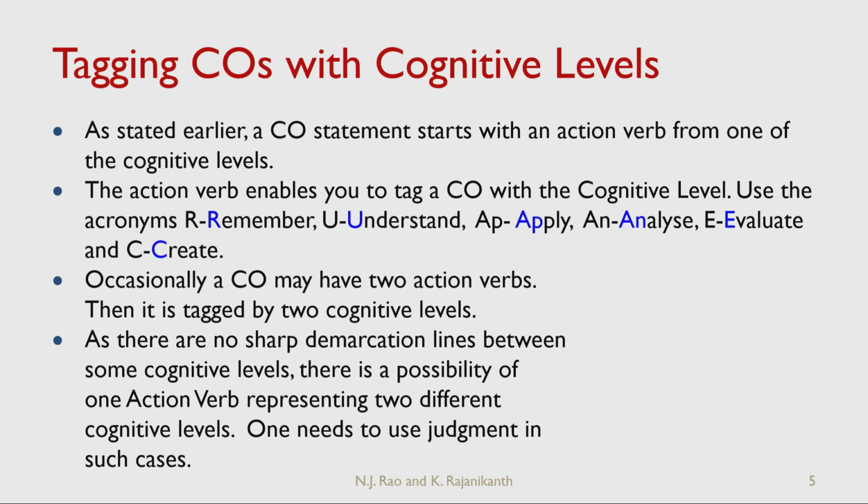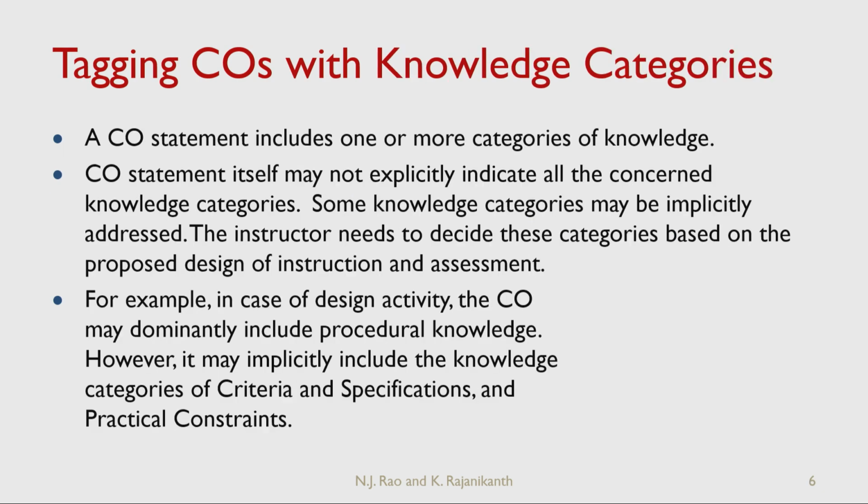What should be the cognitive level of the question related to this CO? Thus, we need to tag the CO with the cognitive level. And also, we should have outcomes at higher cognitive levels in order to promote deep learning. So when we tag the COs with the cognitive levels, if we find that almost all the COs are at very low cognitive levels, then we may have to relook at the way the course is planned to be delivered. Thus, it is necessary to tag the CO with the cognitive levels.